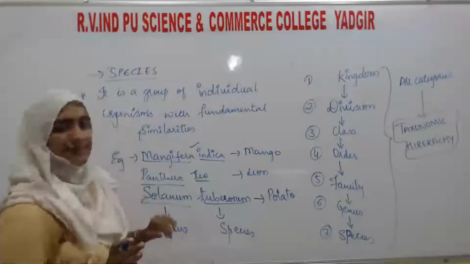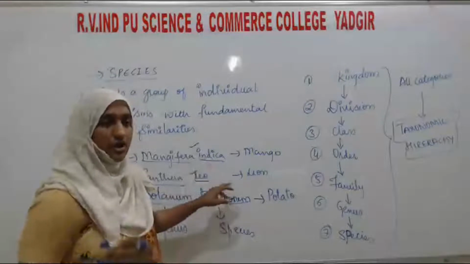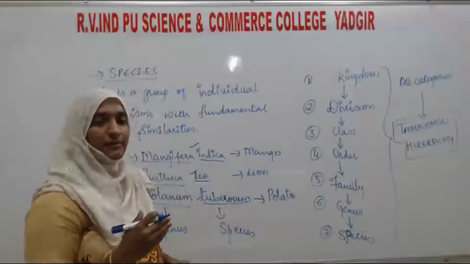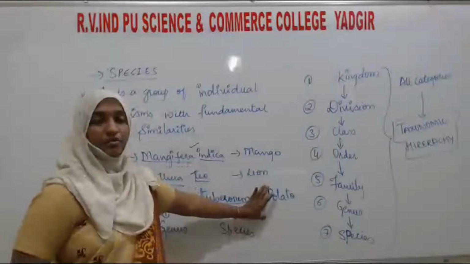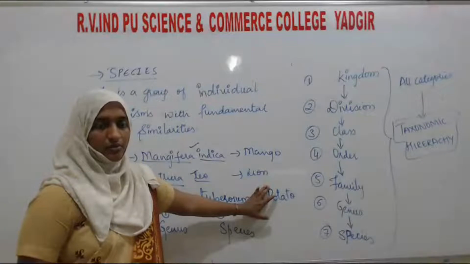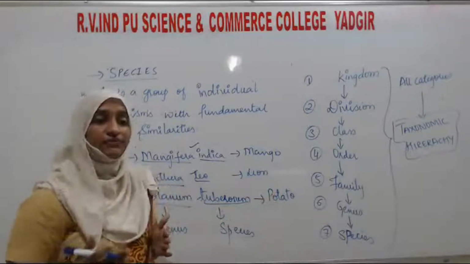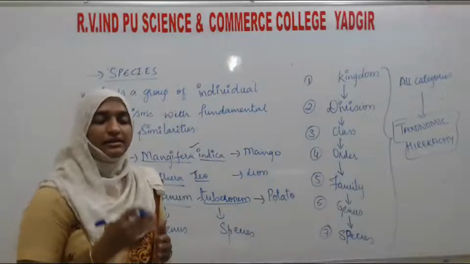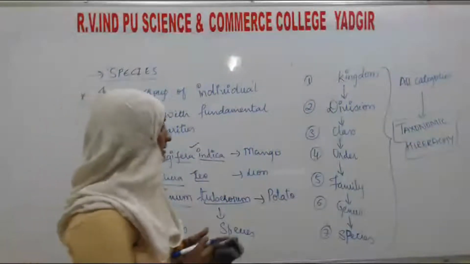We cannot say mango is the same as the lion. Or take just an example of plants. Mango is totally different from the potato. Are they similar? No. The organisms should be totally different from each other. Their characters should be different from each other. One more example I will tell you, that is